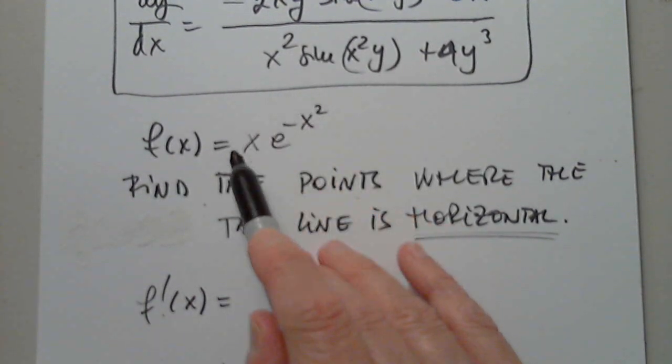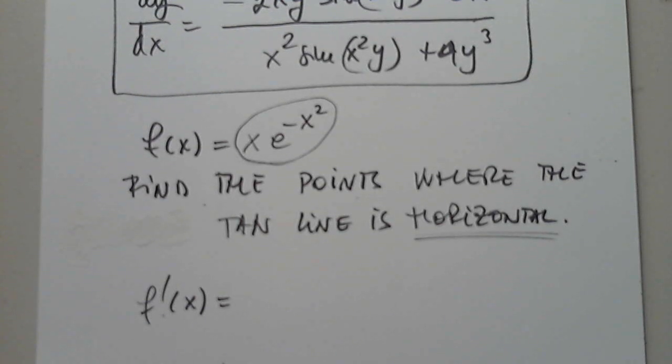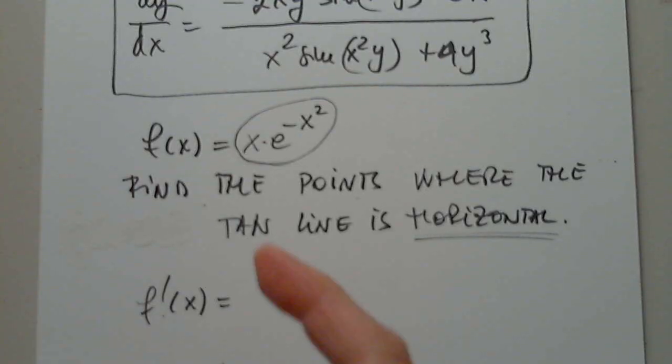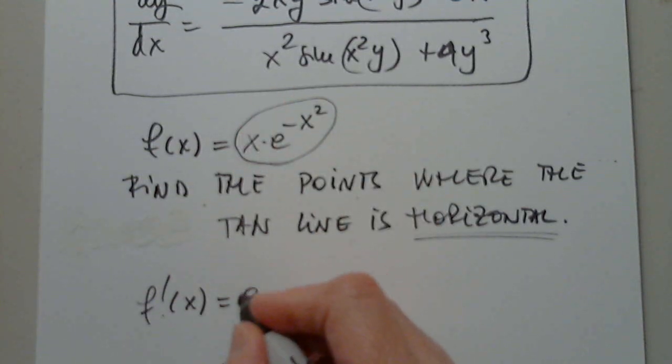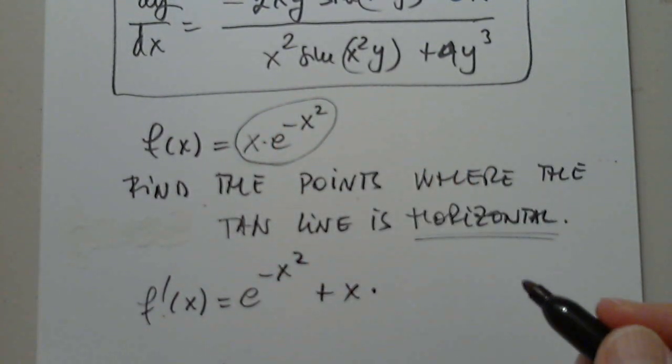What rule applies here? I know we know a lot of rules, but we have to identify which one so we can apply it correctly. First, it's the product rule. And then it's, yes, chain rule. It is the product rule. First function prime is 1, e to negative x squared, plus the first function times